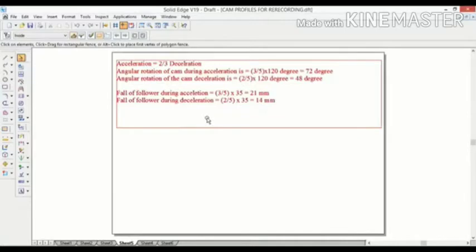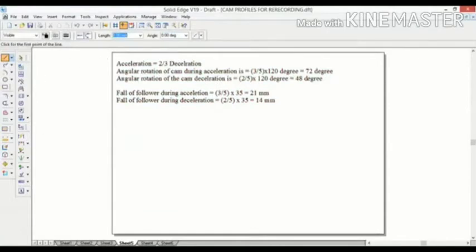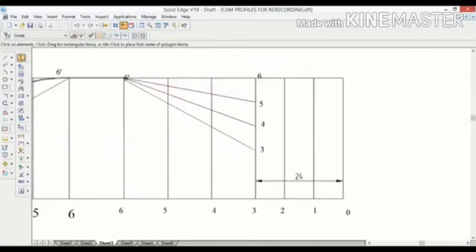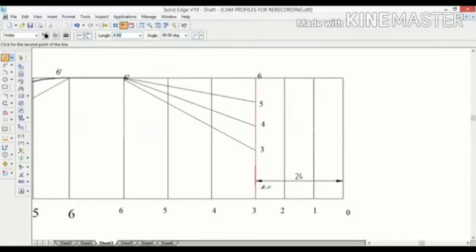So 14 millimeters also we need to divide into three equal parts. 14 divided by 3, if you operate, we will get 4.667. So this remaining vertical line we need to divide by 4.66. From this endpoint, take a 4.666 line at minus 90 degree, then 4.666 at minus 90 degree. So we have divided this into three equal parts: 1, 2, the remaining is here. So this will be the 2 and this will be the 1.